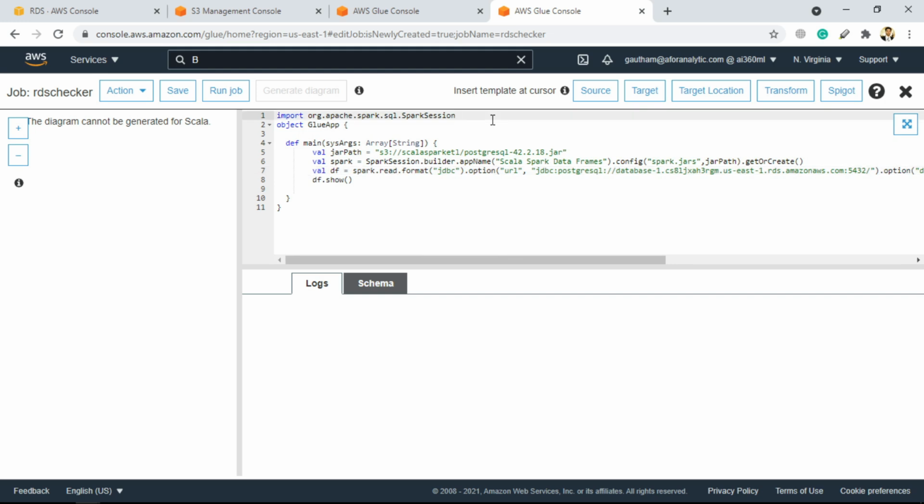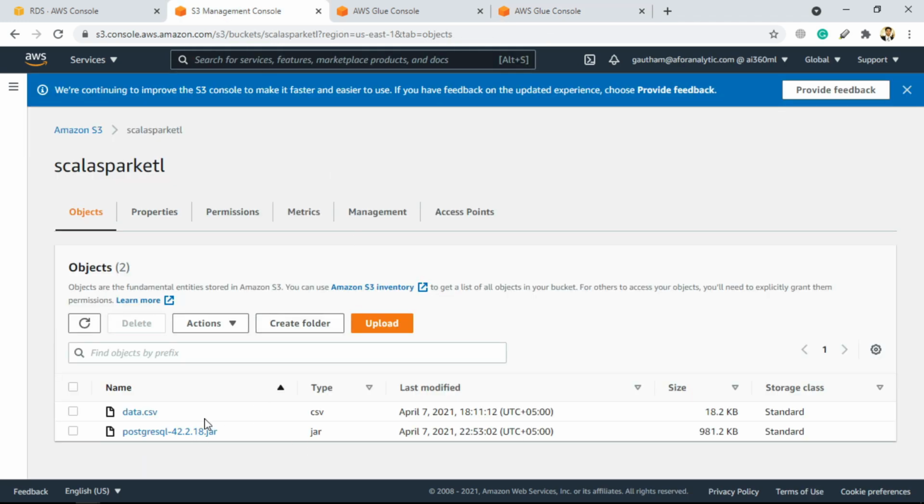So this is the code, and what this code is doing is kind of an exact replica of the previous code. Here we are importing the Spark session, because from the RDS we want to read data inside the data frame. Then we are creating the object GlueApp, and inside this main we have specified the jar path in which our jar file is present.